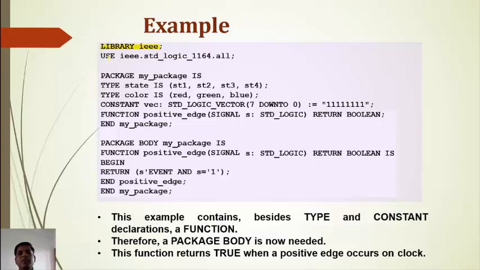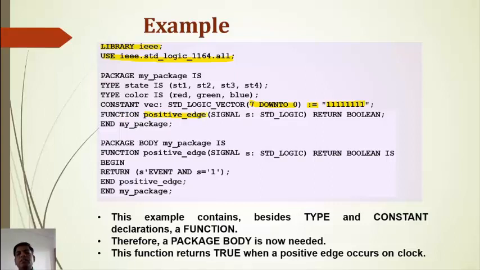Library IEEE; use IEEE.std_logic_1164.all; package my_package is type state is st1, st2, st3, st4; type color is red, green, blue; and constant vector : std_logic_vector(7 downto 0) := "11111111", all 8 bits equal to 1. Then we write down the function